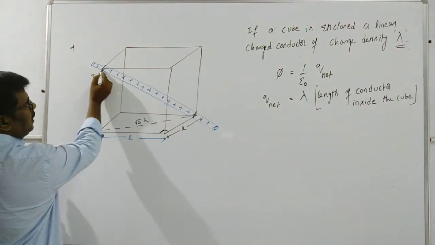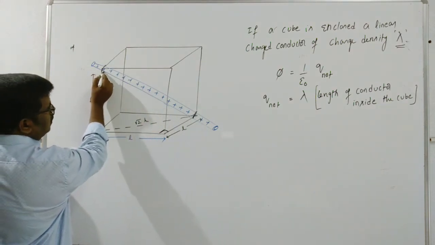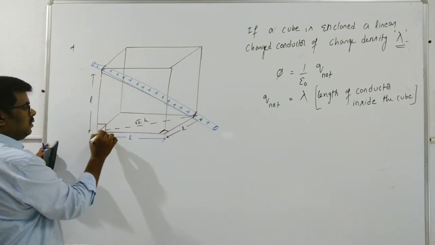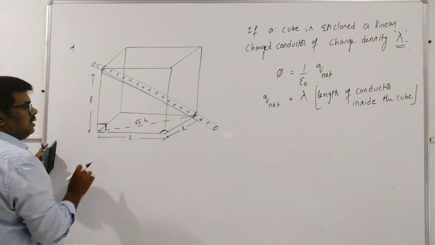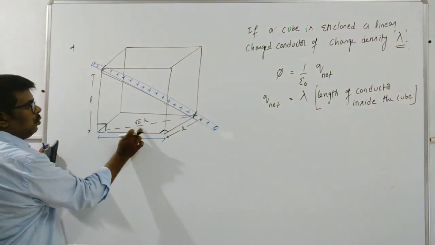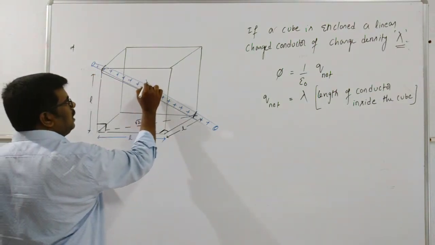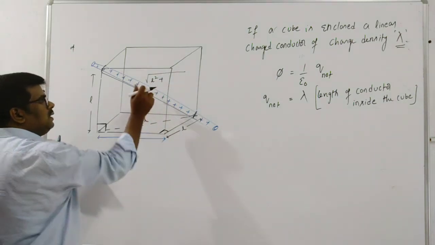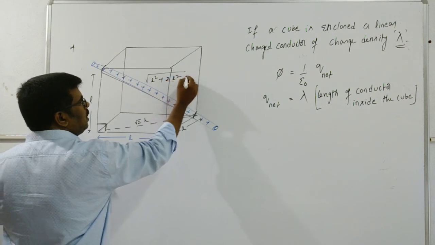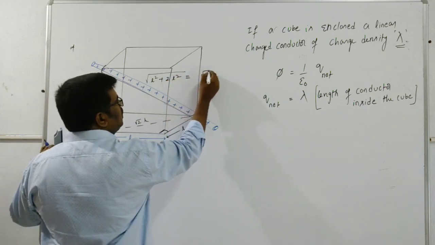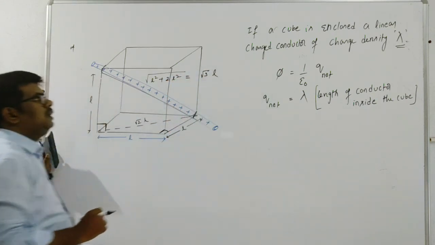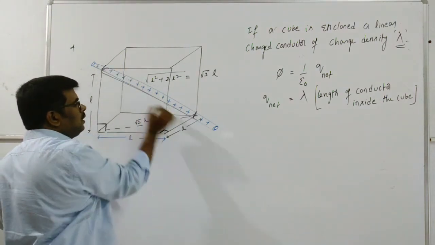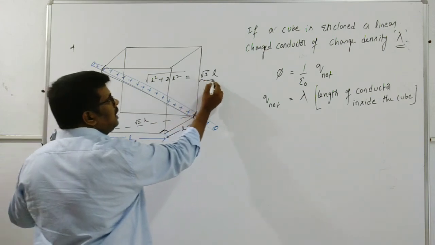Now this diagonal to here, this length. You observe again, this is at right angles to each other: L and root 2 L, and this is the hypotenuse. Then we can write this as L square plus root 2 L square, that is 2 L square. Totally it will be root 3 times L. So the length enclosed by the cube is root 3 L.